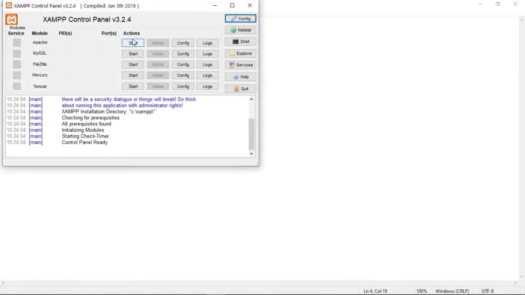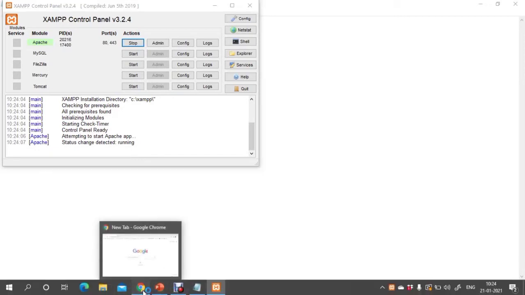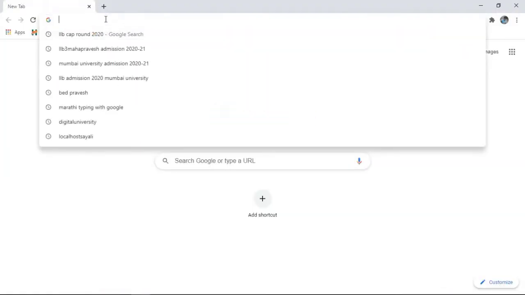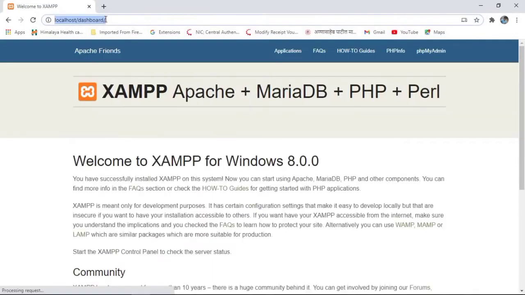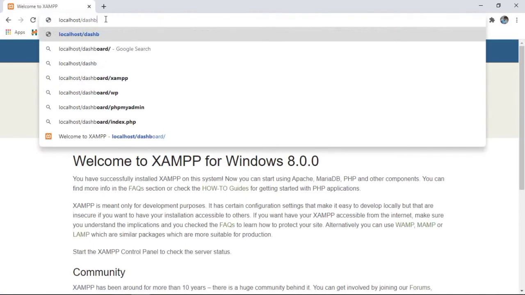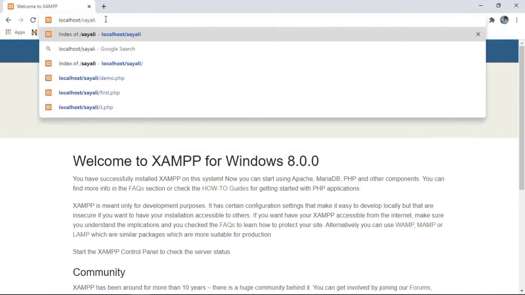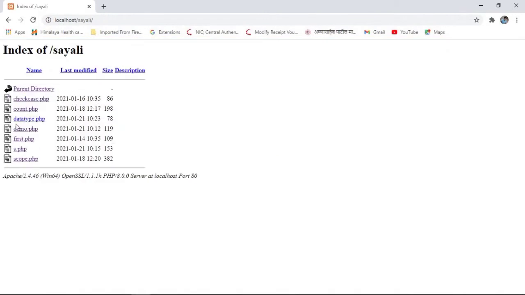From that, start the Apache server. See, here it is running, and now we can run our program. For that, open any browser and type localhost. Then here we have to specify the path of our folder. See here, just now I have created this file datatype.php. Now run this file.